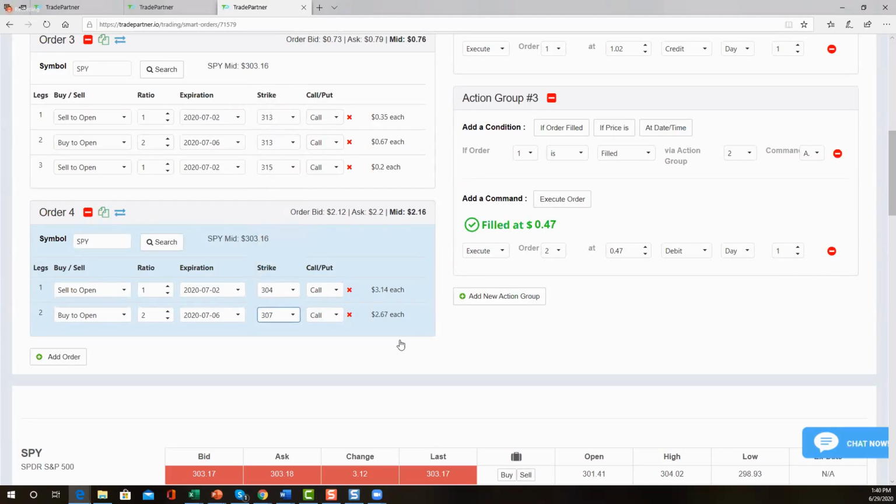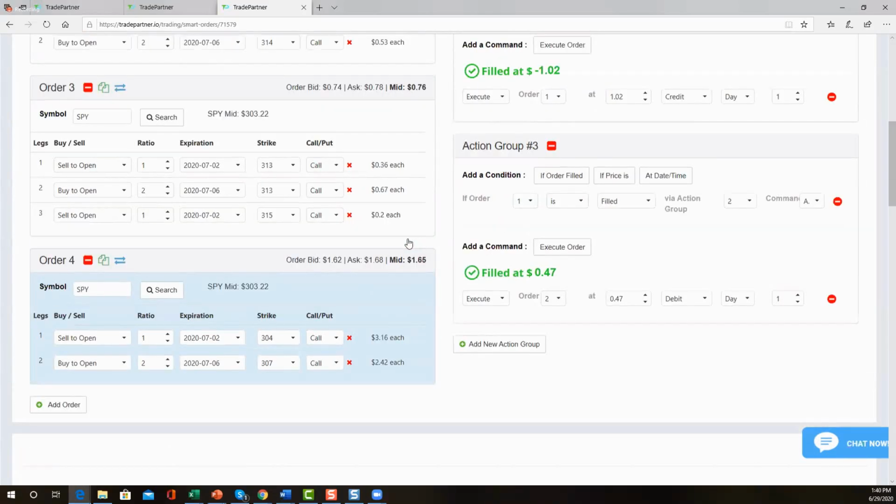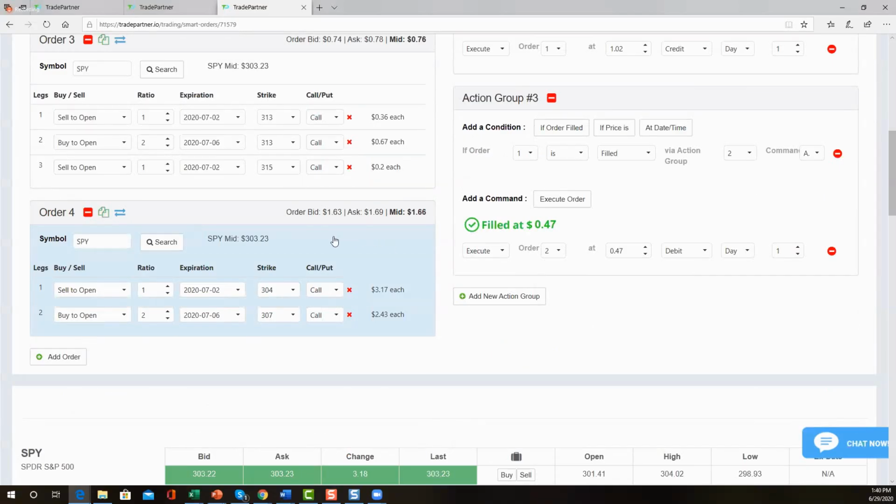Well, this is what it's going to look like. It's not going to be exactly this because volatility will come out on the way up, but it's going to be similar. So the 304, which is not quite at the money, is trading for a profit of, well, if we get in at 42, 165, so 120. Okay, that's if the market moves up to 311 tomorrow. We can expect our bullish trade that's trading at 40 right now to be at around 160. Okay, that'll give us $120 per each. That'll give us $240 in total open position profits, if the market skyrockets and goes to 311 by tomorrow.